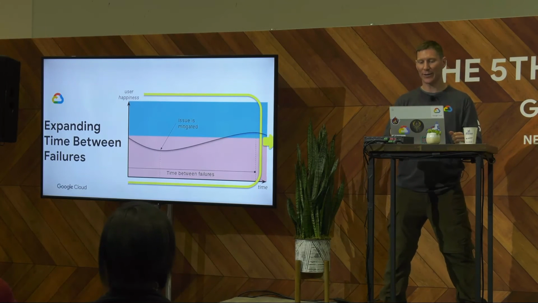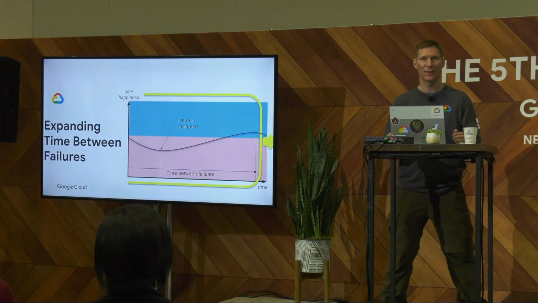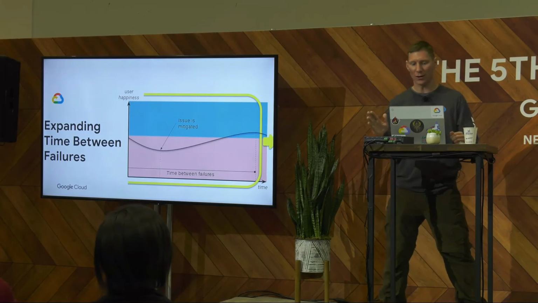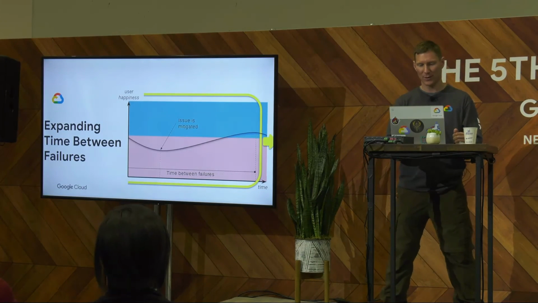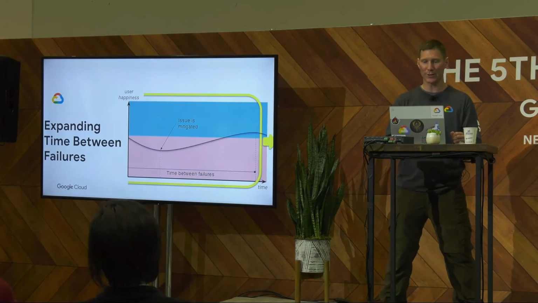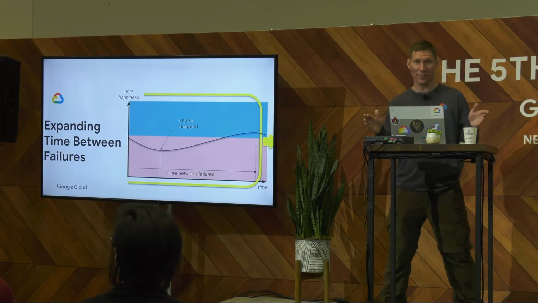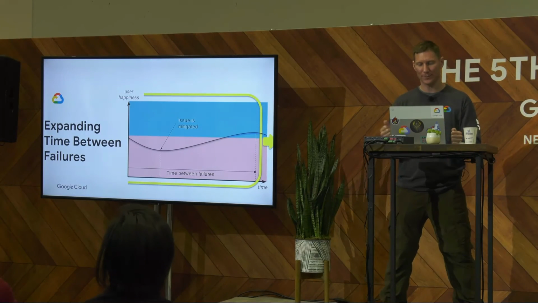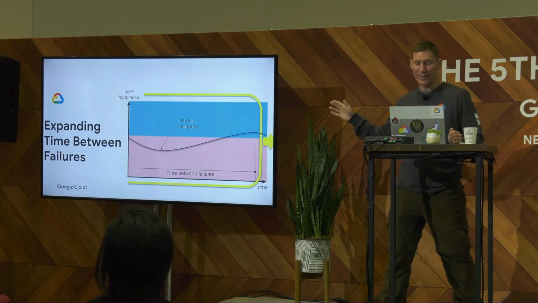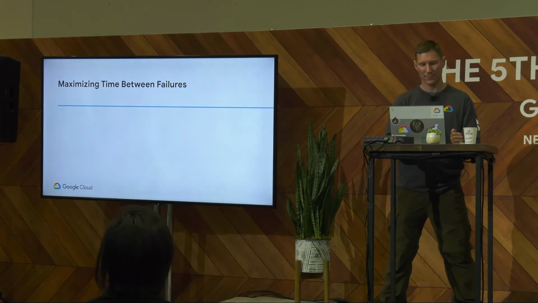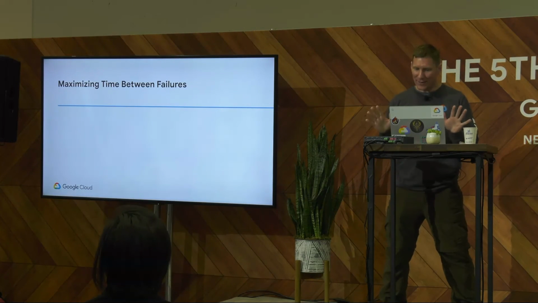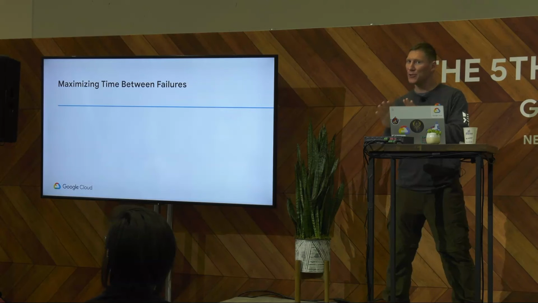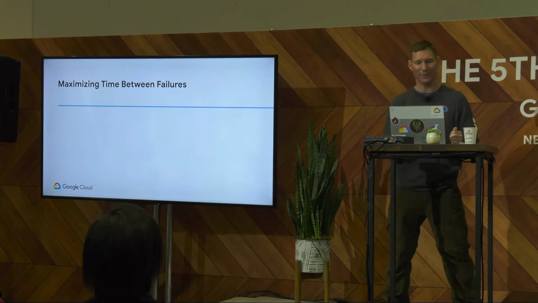Also, companies that prioritize time between failures too highly often slow the release process down to a crawl. And this is bad for a number of reasons. It's bad for dev velocity, and it's really bad for response time to market forces. When things happen in your competitor companies, you won't be able to respond as quickly. In general, it's better to focus on shrinking your time to detect and your time to repair, and just take this as you need it. But that being said, most of us don't have the problem of having too few outages, so we still need to work on this stuff.